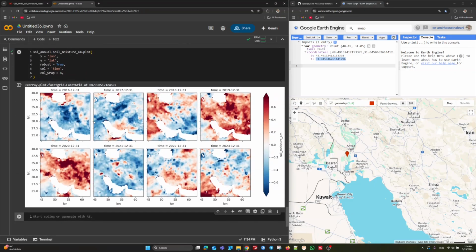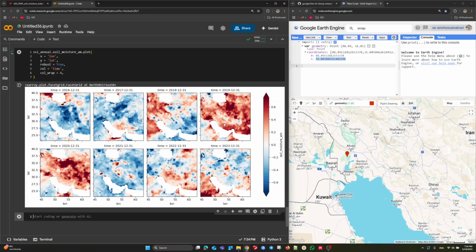So here you can see the annual SSI values for the region of interest, and here it is easily understandable which years could be addressed as a wet year and which years could be addressed as, for example, dry years. For example, 2016 and 2017 actually were really dry with the lowest soil moisture compared to 2019 and 2020. Specifically, these 2 years and several